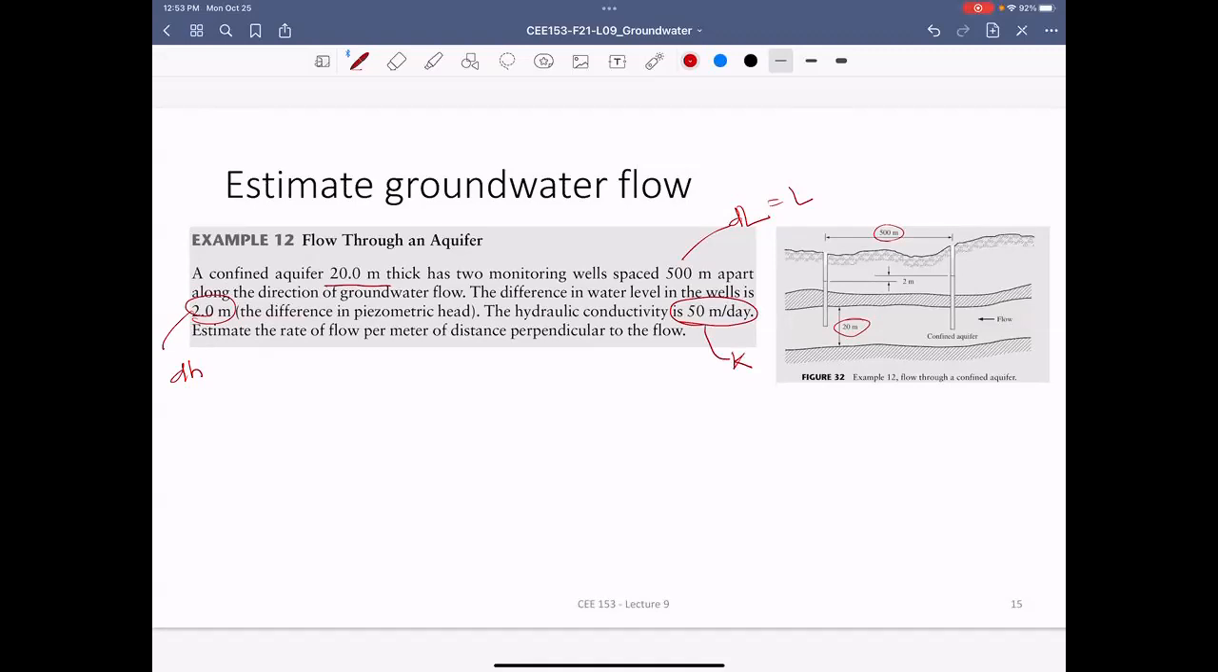Estimate the rate of flow per meter of distance perpendicular to the flow. So it's asking what is the rate of flow. That's basically Q. Based on Darcy's law, you know this one. What you are asked is the rate of flow per meter of distance perpendicular to the flow. So that means it's saying